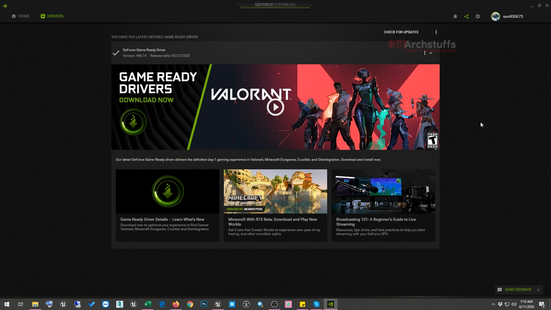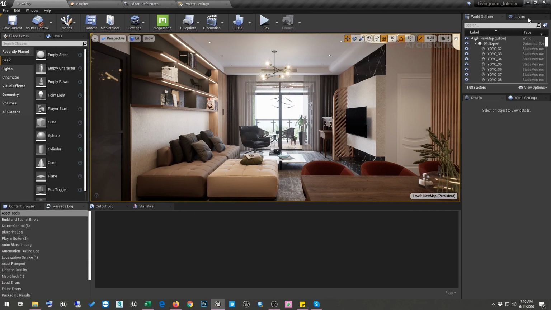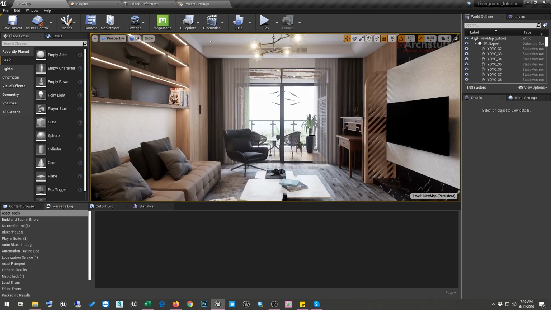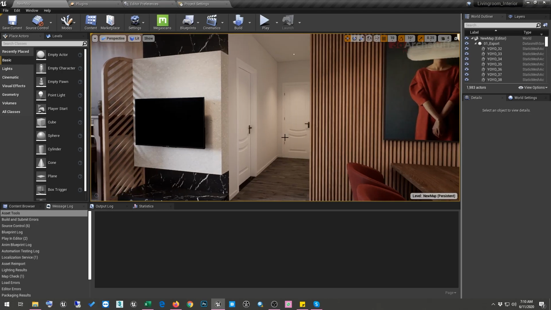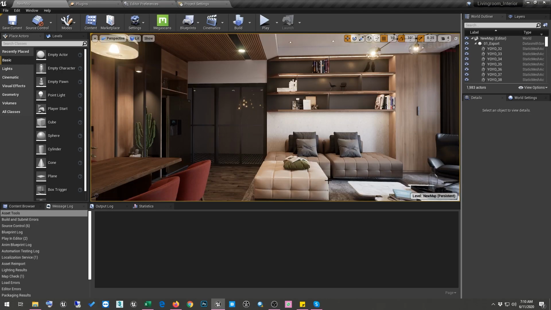After this, we'll close this toolbar, and our Unreal Engine project, which is using GPU Lightmass, is already open, and we will now change this to a ray traced scene.